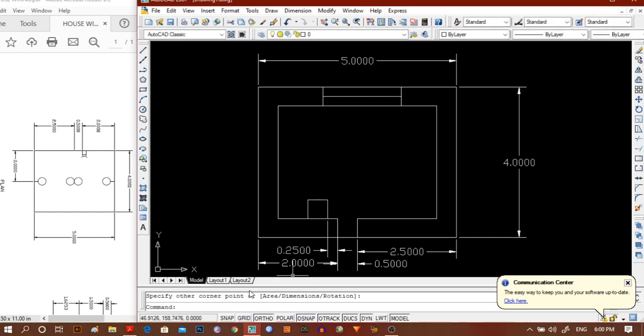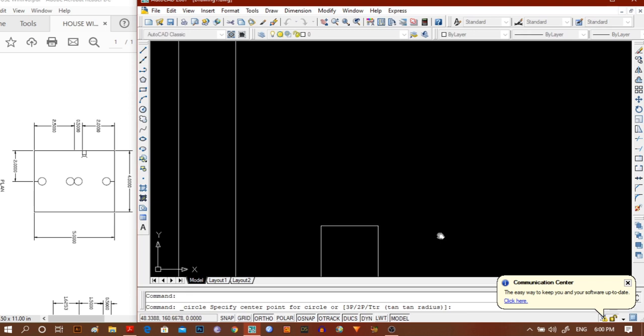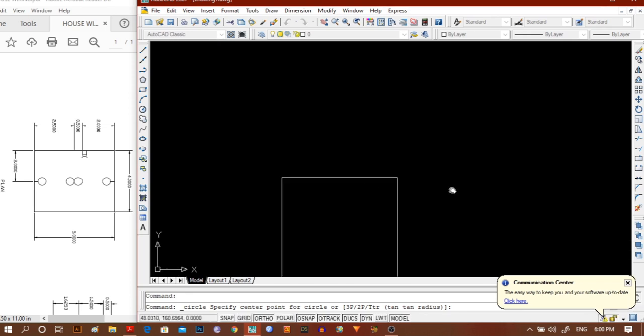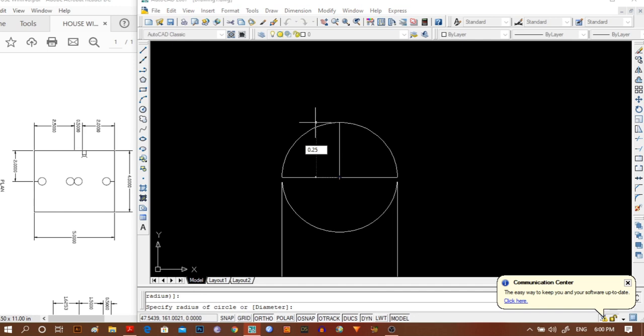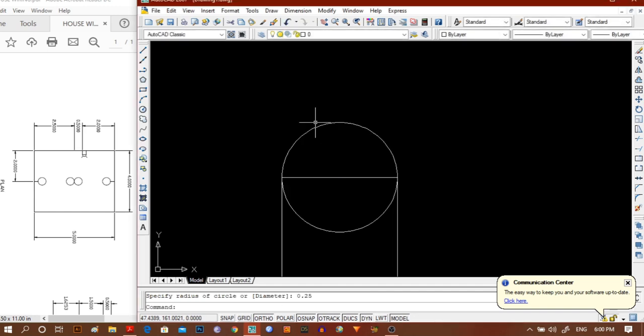It will represent the power socket. The sign of the power socket should be a circle here. The diameter should be 0.5, so the radius is 0.25. Enter. Now we will trim this one.